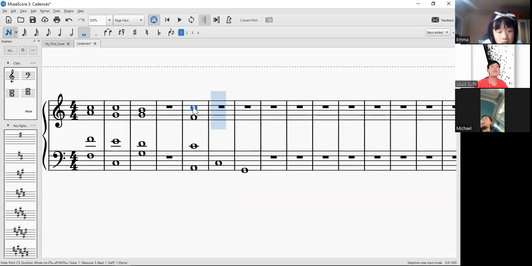So notice that in first inversion, you cannot double the root, unlike with root position chords. You can't double the root in first inversion in four-part vocal style unless it's a minor triad. So 4 would be a minor triad in a minor key. So that means you could double the root if you wanted to. Okay, make sense? So, okay, next 4B-1-5, we continue with